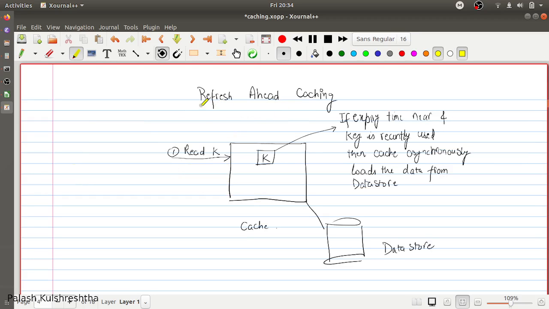Another reading caching pattern is refresh ahead caching. Now this is some new caching technology according to me. I was not aware of it. It is an old caching technology or caching methodology, but I learned it recently. So what happens in this case is